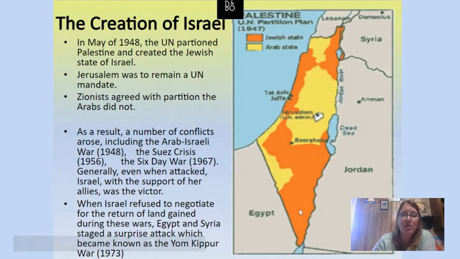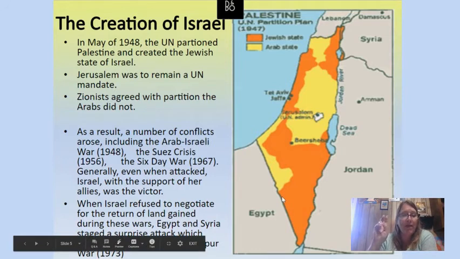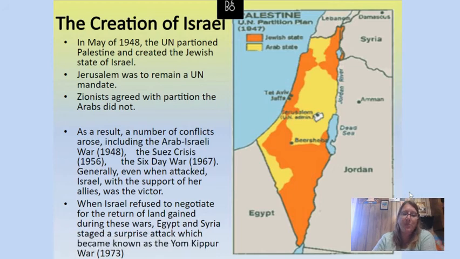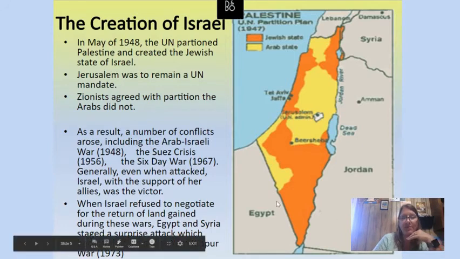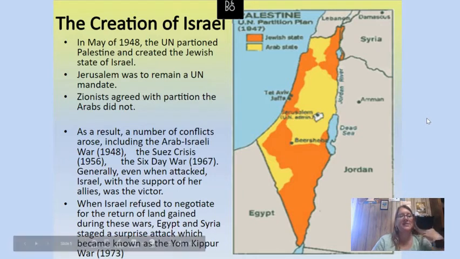So they've got a lot of countries who have their back. So the last bullet: when Israel refused to negotiate for the return of land gained in these wars. Israel wins a lot of the wars, they gain more land, trouble starts to die down, but they won't give up their new land. Egypt and Syria stage a surprise attack, and in 1973 that becomes known as the Yom Kippur